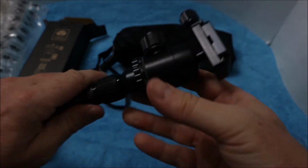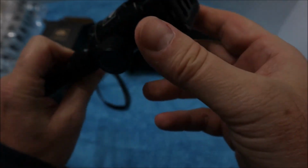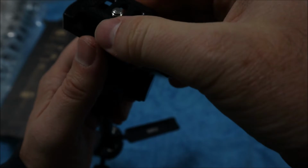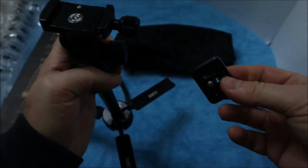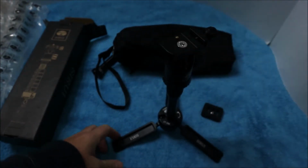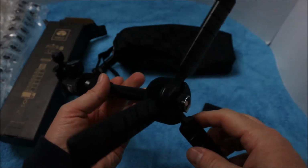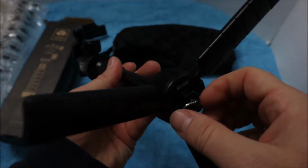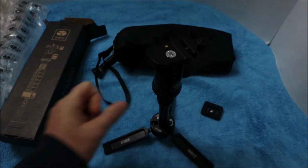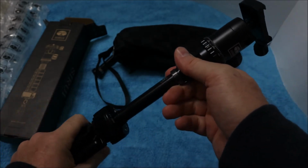Now the ball head. Yeah, let's see, so here we go. Yeah, I really like this, guys. It's really nice, a little pricey though, for sure. I got it at B&H, but it's really a nice tripod stand. Because I like it like a selfie stick. I know I've had other selfie sticks, but